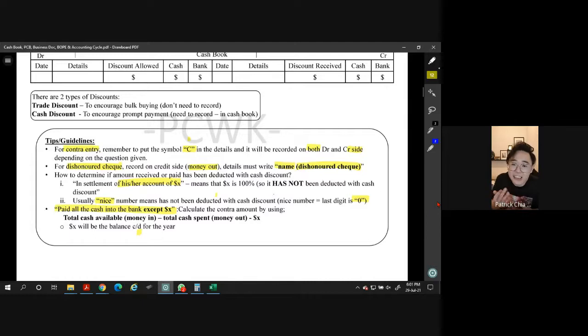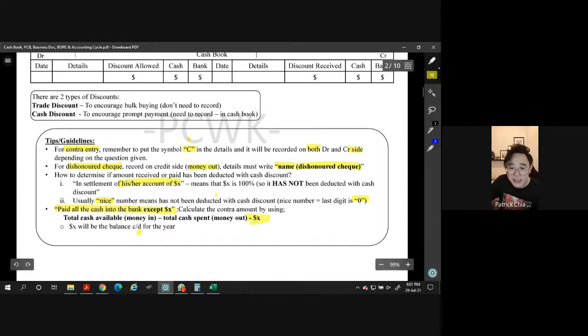So this is actually a contra entry. How to do these questions? I suggest that you please calculate yourself first. Calculate what the contra value is. That means you ask yourself how much cash you have, and you minus the money that you have spent, so that you have your balance. Now all the balance cash, you're going to transfer, but when they say except, please minus that also. Minus the last part, the one that they say except. Usually it's except 100. So you minus 100, then you do your contra first. You get what I mean?